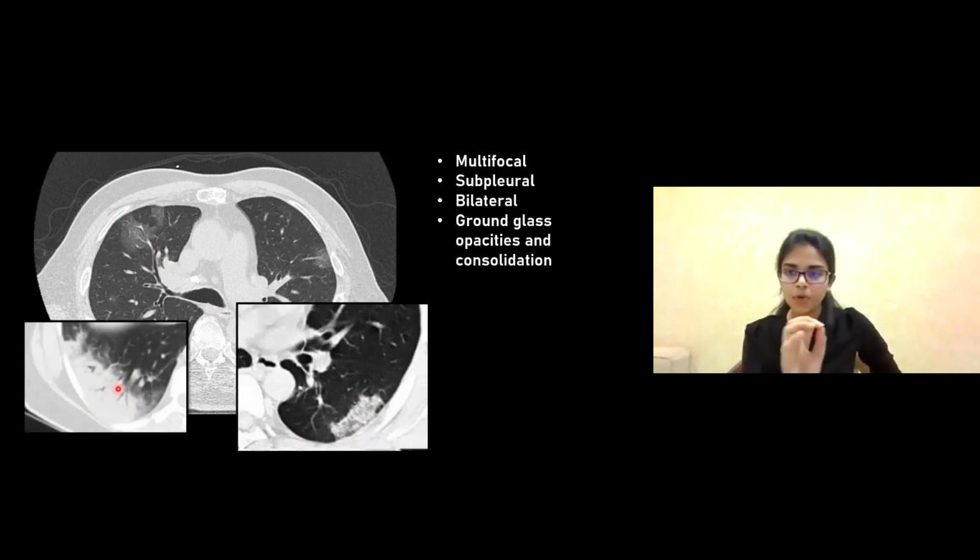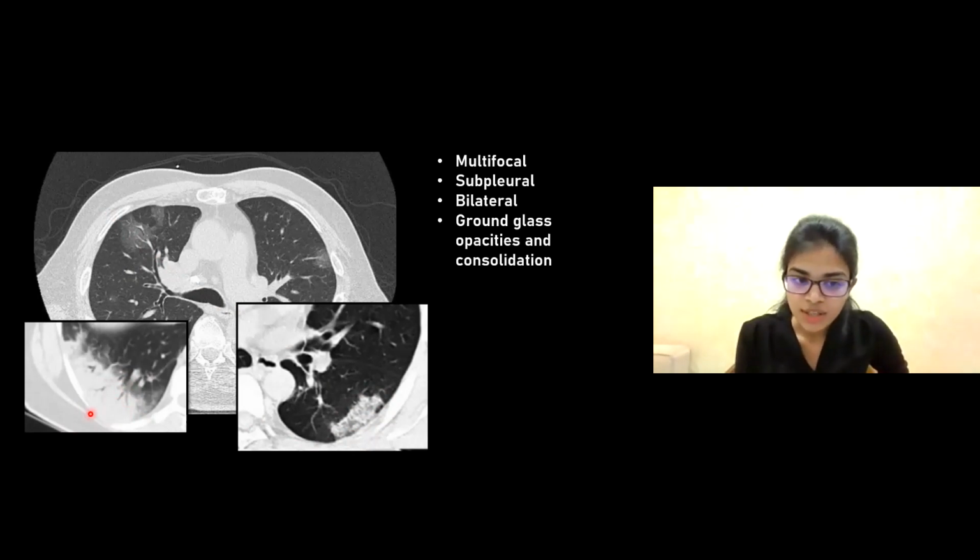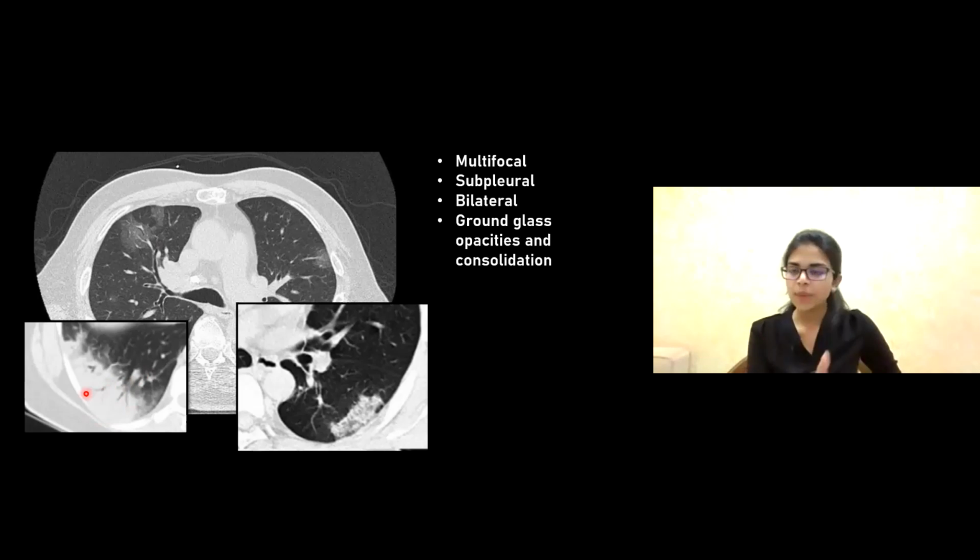Again, another thing that you might see in a consolidation is these linear black lines that you can appreciate. This is called the air bronchogram. Air bronchogram is the patent bronchi that you're able to appreciate within the lesion, because it's only the alveoli that are undergoing consolidation. Fluid is only in the alveoli, right? So the bronchi are going to be filled with air, and that's how you see the patent bronchi. So this is the air bronchogram sign that you see in consolidation. So now we've understood both GGO and consolidation in COVID.